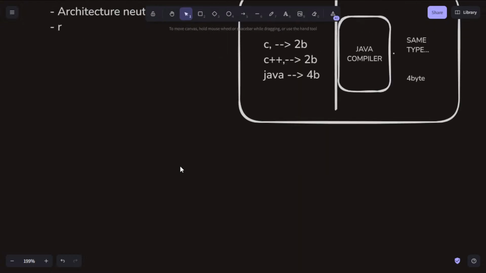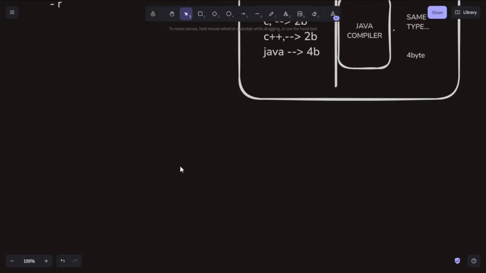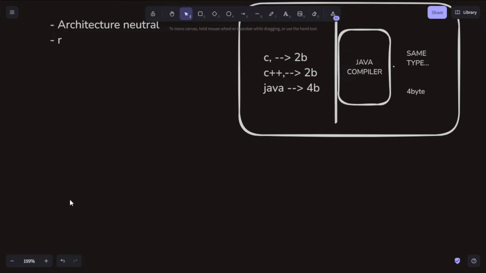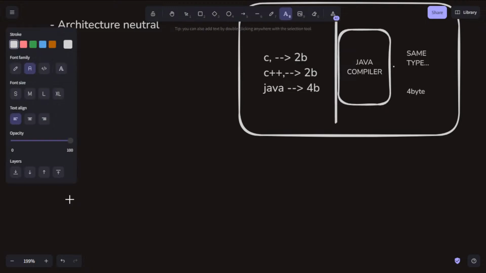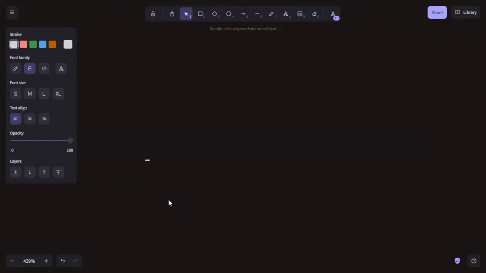So moving forward, a Java program is also called portable. And why do we call this portable? Portable means you can run the Java bytecode on every platform, without needing any special requirement. That's why we call Java platform independent.